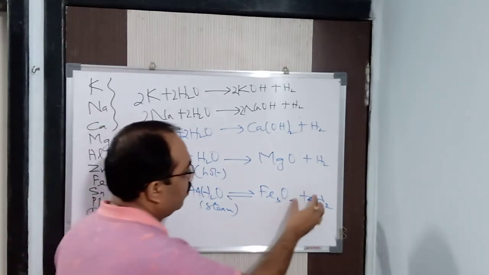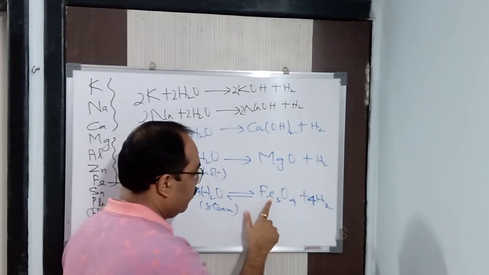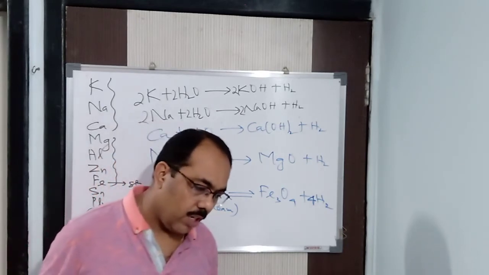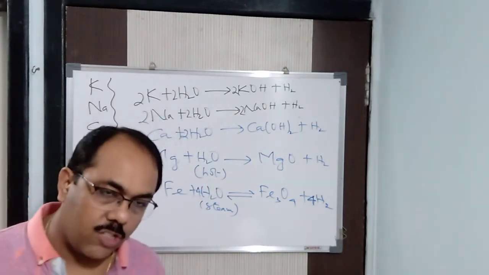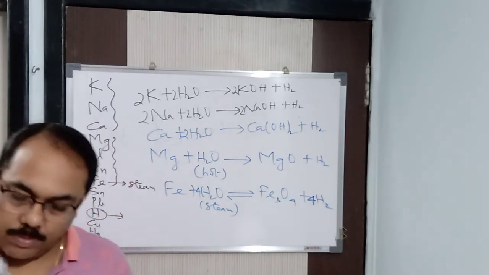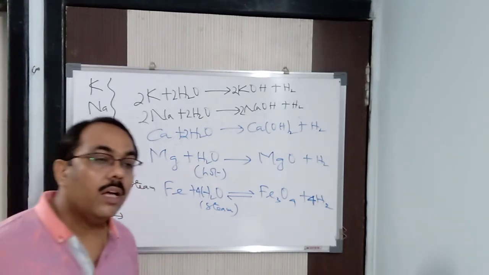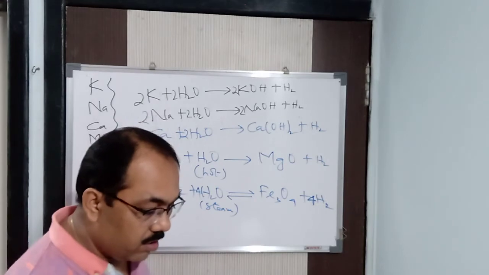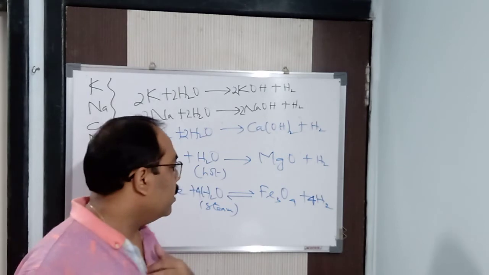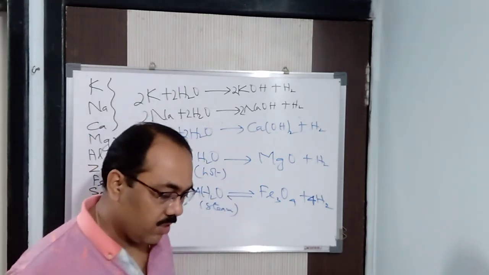When you remove hydrogen from the site of the reaction, the reaction goes in the forward direction. Otherwise, Fe3O4 will react with hydrogen to form Fe plus steam. What I said is that the reaction in actual practice is reversible in nature. Got it? The reaction is almost irreversible if you remove hydrogen from the site of the reaction. So how to remove it? With the help of steam: you pass a current of steam, so the hydrogen gas also will be removed. In this way you find that the reactivity differs as you come down the series.